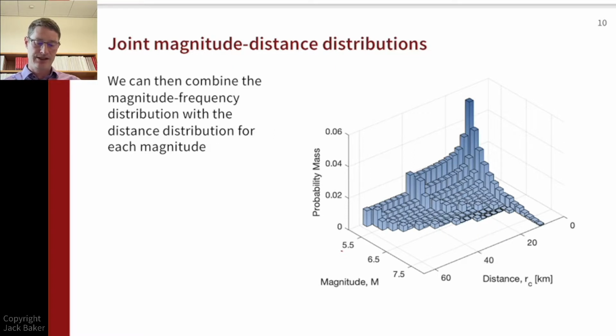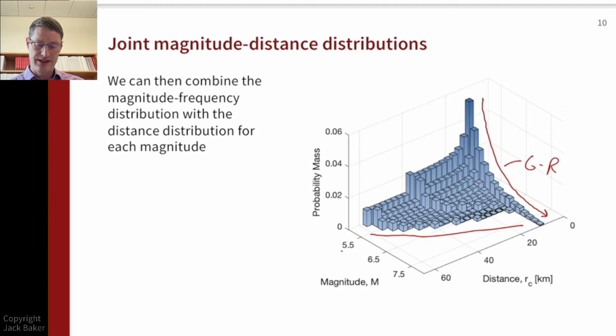So what we see in terms of the left to right direction of the axis is that we have this exponential fall off in probabilities, and that's the Gutenberg-Richter aspect of the model, where the large magnitude events are much less probable than the small magnitude events. And then in terms of our distance axis, we see this variation that